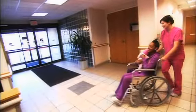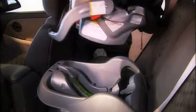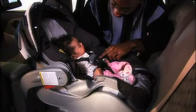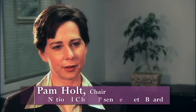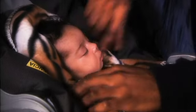From the moment you leave the hospital, always make safety the number one priority in caring for your baby, starting with placing your newborn in a properly installed rear-facing infant-only car seat for the trip home. The best car seat is the car seat that fits your child, fits into your vehicle, and that you will use properly every time. Pam Holt heads up the National Child Passenger Safety Board. She says there is only one type of car seat suitable for a newborn in the first year of life: